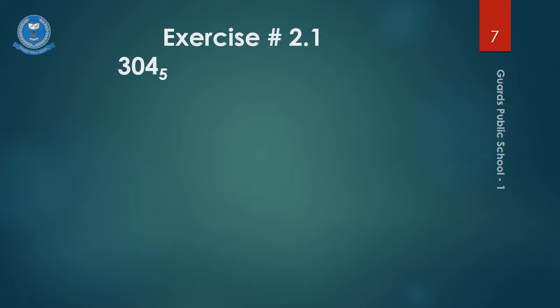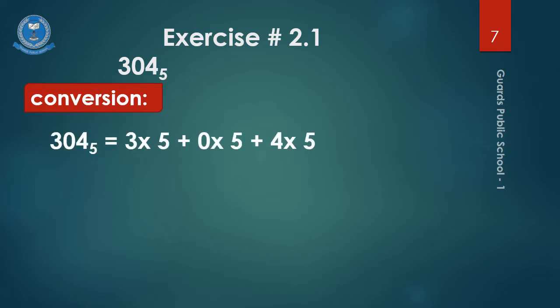Now let us take one more example. Let's suppose we have been given the number 304 with base 5 and we have to convert it into a decimal number. In the same way, first we will multiply each digit with 5. Now we will start writing the powers and we will start from the left. So the first 5 will have the power 0. The second 5 will take power 1 and then the third 5 will have the power 2. Now in the next step we will solve these powers.